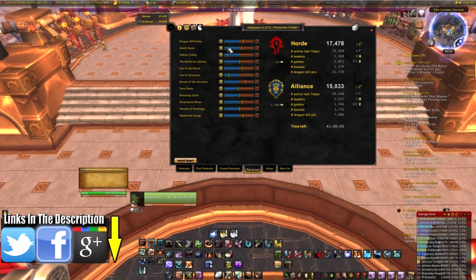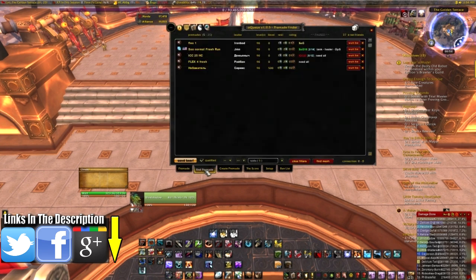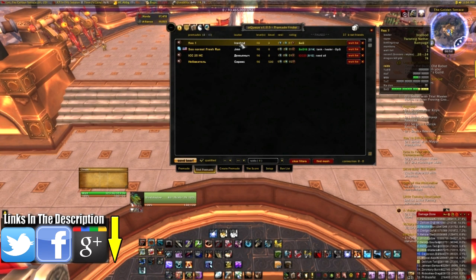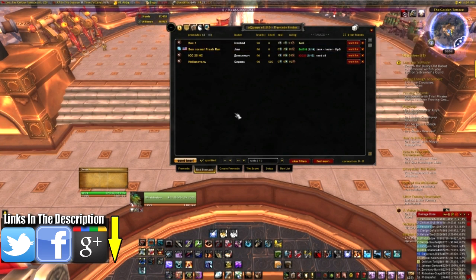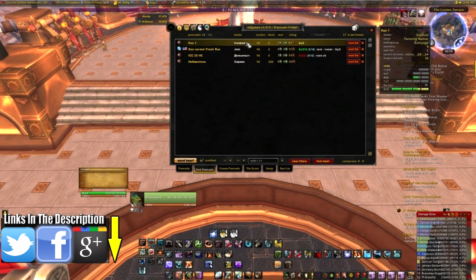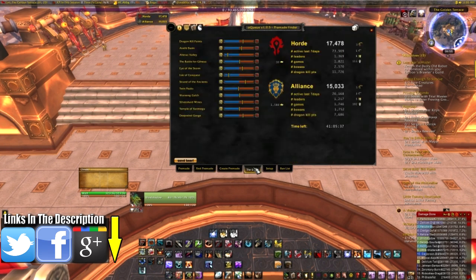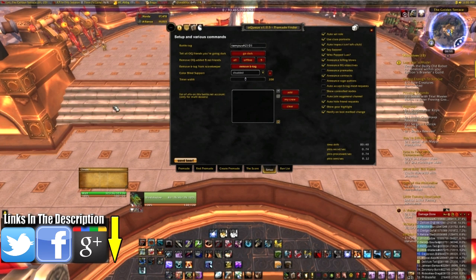So if you spam a huge amount and you get lots and lots of karma, when you create a premade, your name should be in green. But currently it seems like everyone's name is always in white. I have not ever seen someone with green karma, so it doesn't seem to be a facility that's used as much as I feel it should be, because it would be really nice to have everyone having super awesome karma, and that would make things a lot better. Anyway,